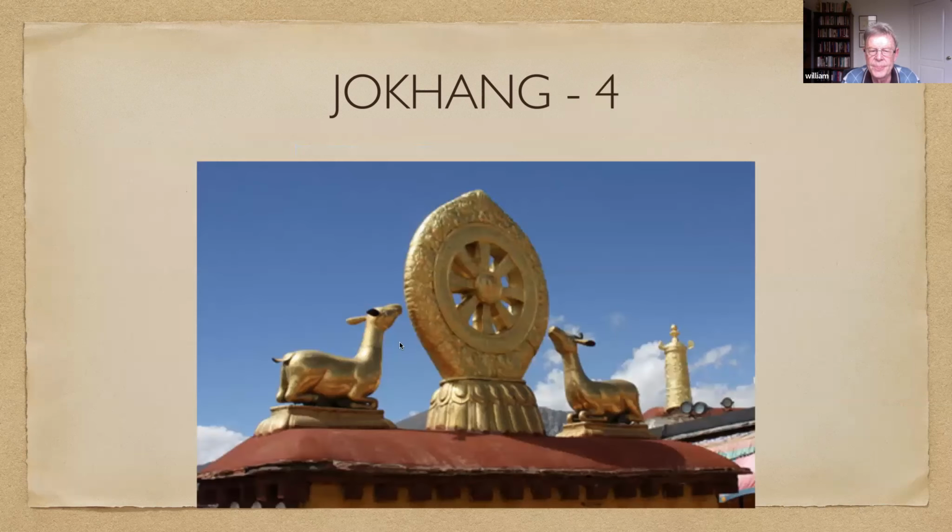Notice the deer, which are very prevalent in Buddhism, mainly because of something that was known as Deer Park in India, where the Buddha first went. And if you go there today, there's still a deer park. There's a deer park outside of Nara, Japan, and in the center, the famed Buddhist wheel. This was said to be established when Buddha gave his first sermon. It's called the Sermon of the Turning of the Wheel of the Law.